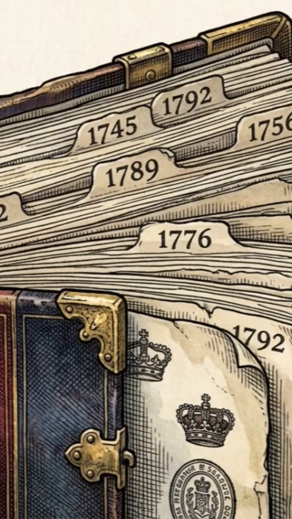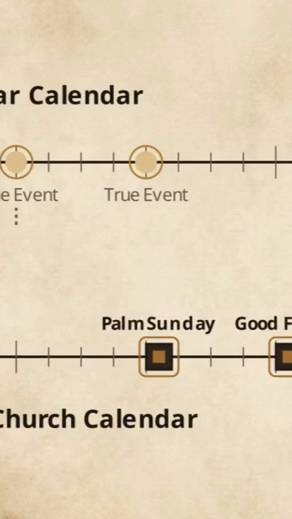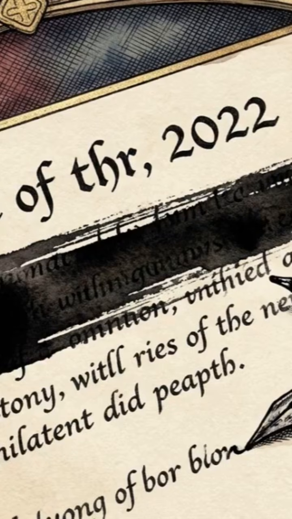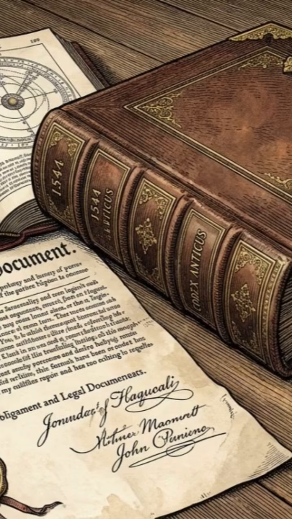Shifting the dates in this way meant the actual historical anniversaries were lost. Modern dates like Good Friday or Palm Sunday are fixed church dates, disconnected from when the events actually occurred. By changing the calendar, the institution severed the connection to historical time. The Josephus alteration, the Gregorian shift, the use of all caps, and the invention of the letter